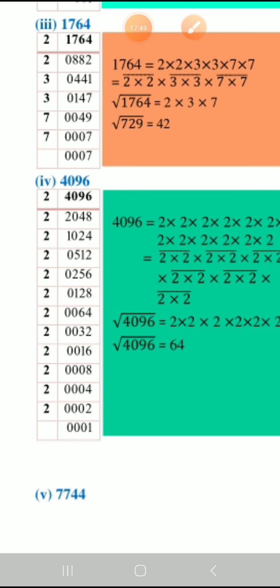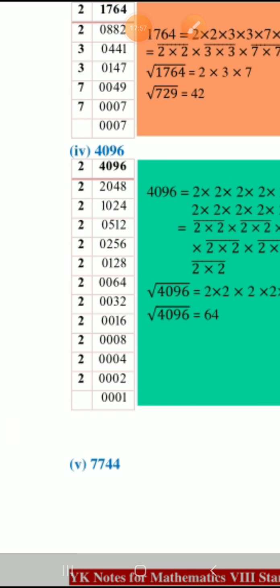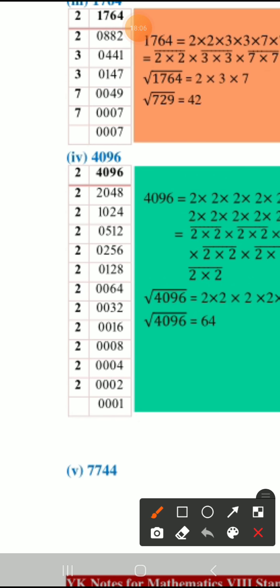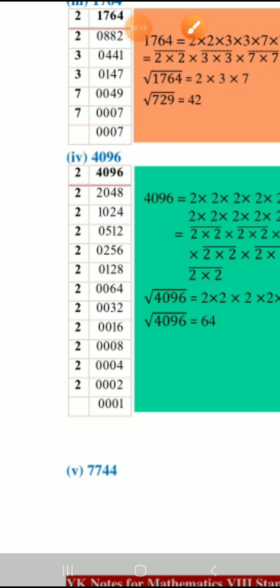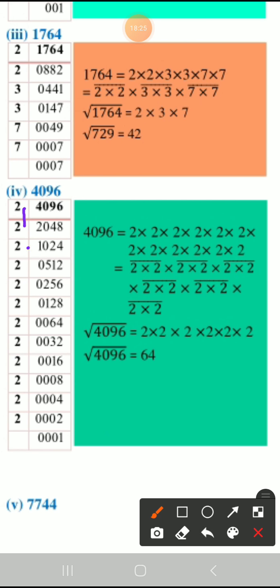In the same way, the next question: 4096. You can see that it is the same thing, right? 4096, 2 2s are 4, 0 as it is, then 2 4s are 8, 2 8s are 16. The same way it is multiplied by 2, right? So always try to take pairs, I told you. So here you can take one pair, here you can take one pair, two pairs,